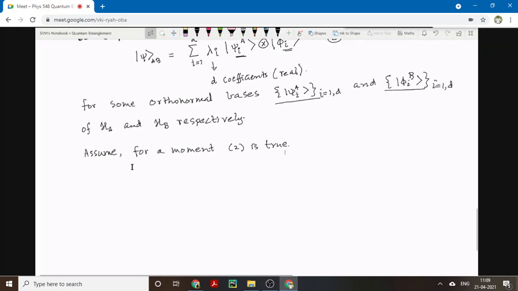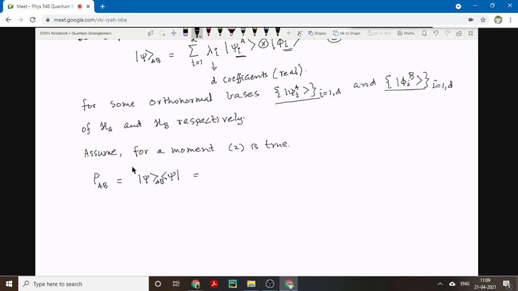Then we ask a question: what will be your rho AB? Rho AB is psi AB, psi AB, which is equal to